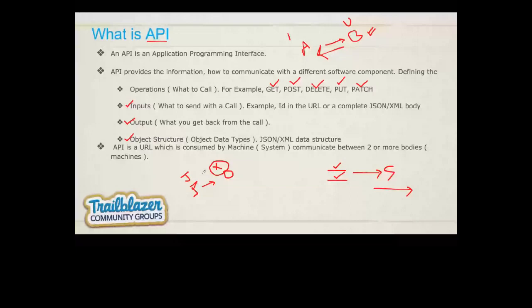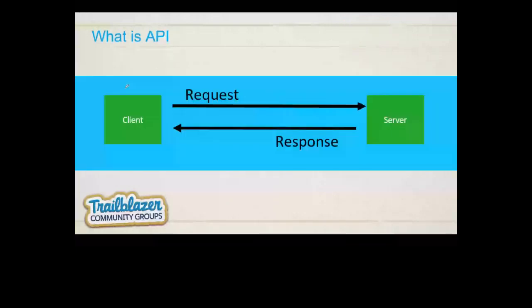So let's talk about the example. As we said, an API has a request. This is a client. The client can be a machine, a system, or a browser, where you are sending a request. There is a server, which can again be a machine or a database or anything, and it is going to send you a response. This is as simple as whatever API you are sending. And one thing that I always say about APIs is that an API is nothing but what a developer codes. Whatever a developer is coding behind the scenes, that is what the response is going to be returned.